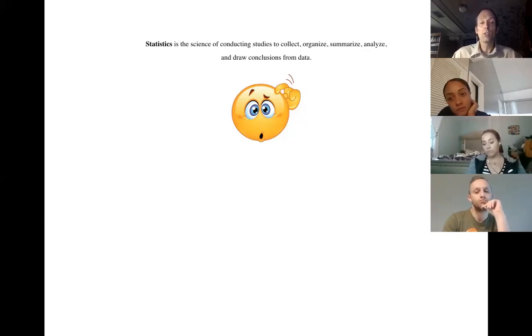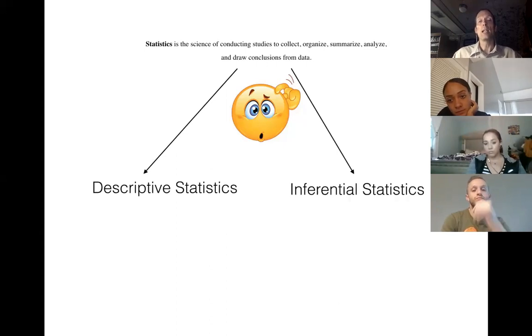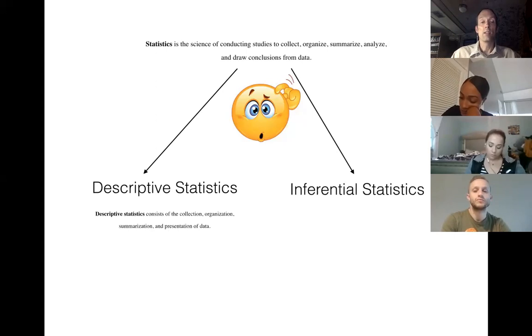So to help us understand the definition, we get 2 main branches of statistics. Descriptive statistics is the collection, organization, summary, and presentation of data. The key is anybody can come in and validate it. It doesn't have our opinion in it. So when we're collecting weights, even though we're just writing down how much somebody weighed, it's actually still a statistic. It's just a descriptive statistic.